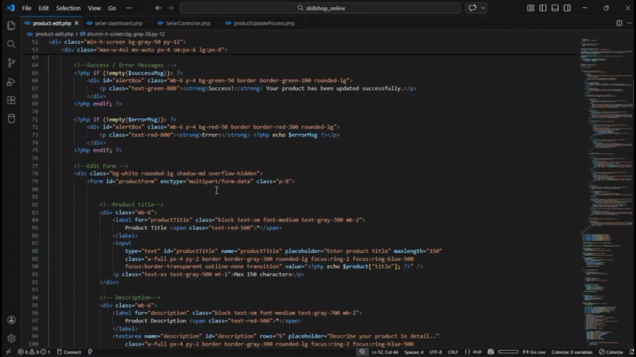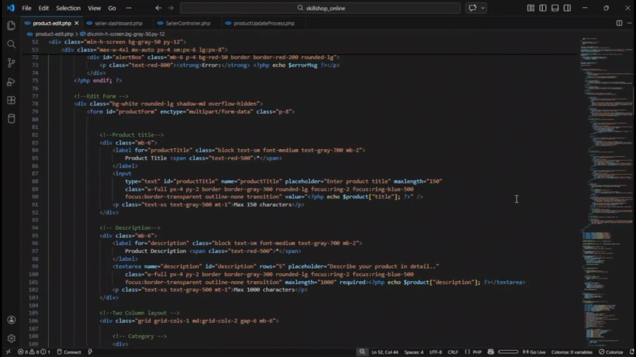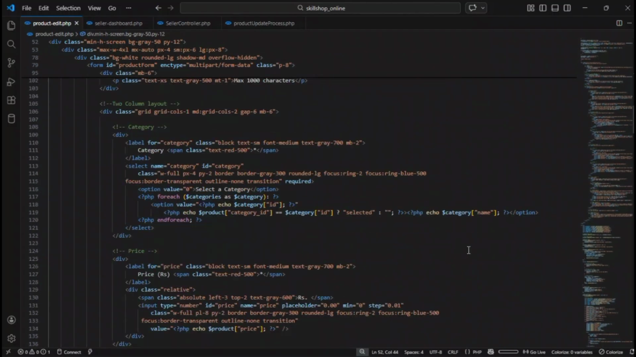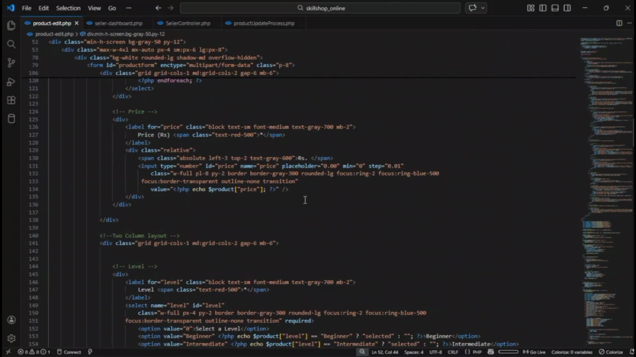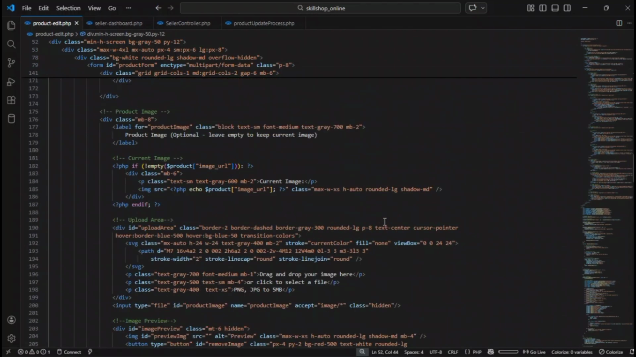In this form first I have the product ID and then enctype multipart form data. This is because we are uploading images. For each and every input field I have loaded my current database values into these inputs. These are the ones that I have already registered. Here it loads the title, the description, and then the category, and after that the price, the level, the status, and the